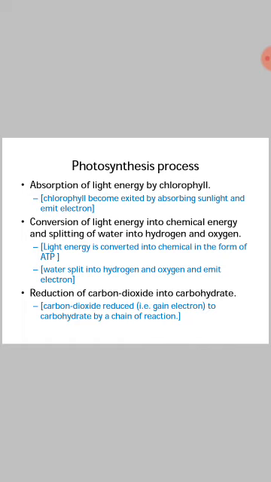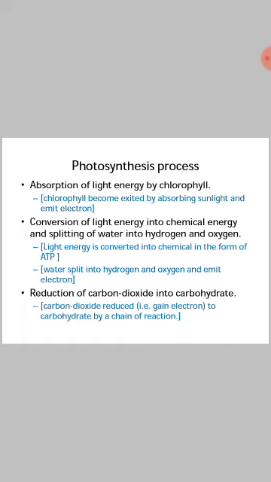chlorophyll. Now we are going to the second step, that is conversion of light energy into chemical energy. The light energy absorbed by the chlorophyll of the plant is converted to chemical energy. Chemical energy here is formed in the form of ATP, adenosine triphosphate. ATP is the main chemical source of energy used by any living organism. Plant is also a living organism, so in plants chemical energy is always processed in the form of ATP.